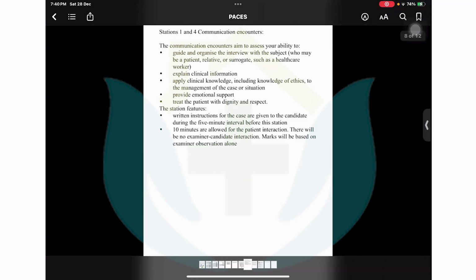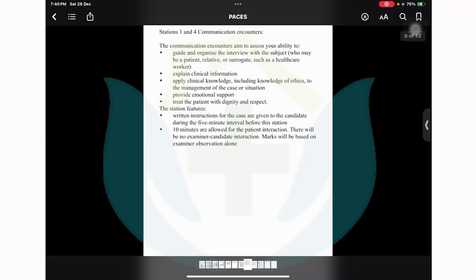There might be a nurse who has been in a situation with another doctor. She will tell you, "Sir, I was on my night shift and the doctor really spoke rudely to me. It spoiled my night duty and I couldn't focus and I got a needle stick injury. So, what can I do?" This is a communication issue. You will have to address it because you will be stationed as an SHO, or you will be there as a registrar. So you would be required to enter into such situations. You need to be well versed with the way of working and keep the knowledge of ethics, clinical knowledge, and managing the case or situation in the same way.